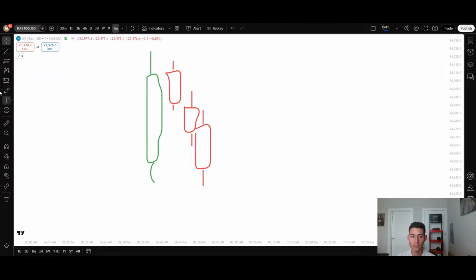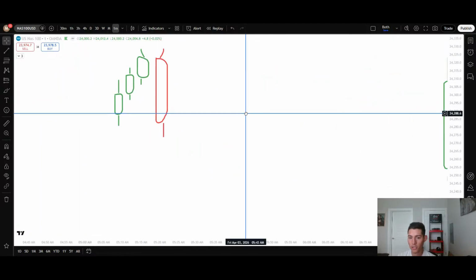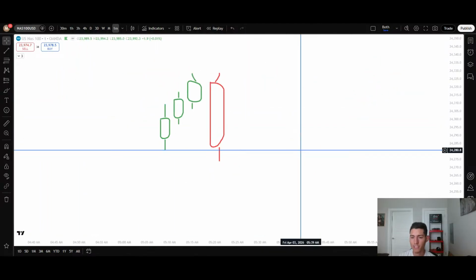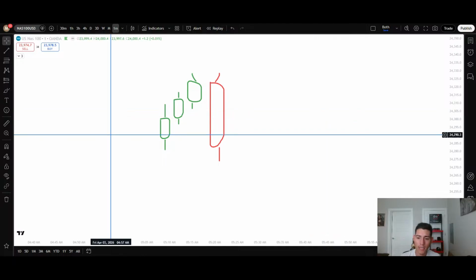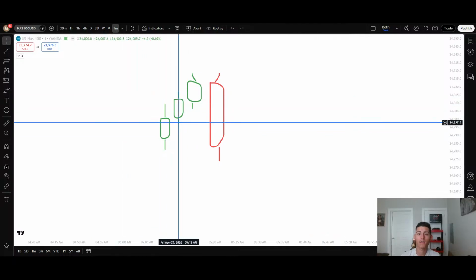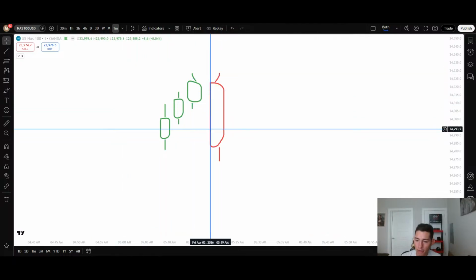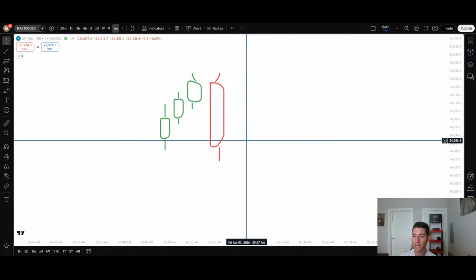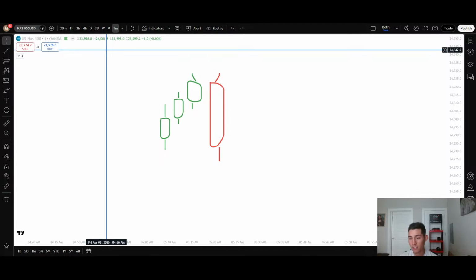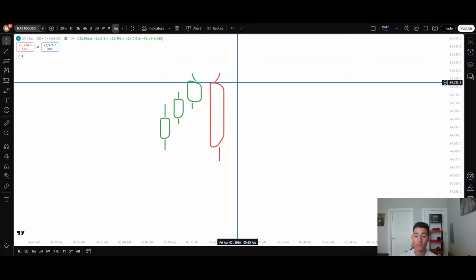This third one over here is one of my favorites. This one is one of the more risky ones, in my opinion. We have 3 bullish ones going up just so a bearish one can easily engulf that right there. This play right here is risky, in my opinion. I love it though. I enjoy